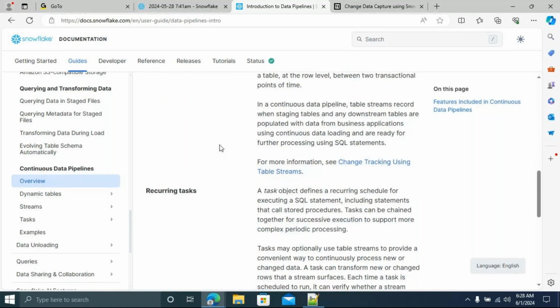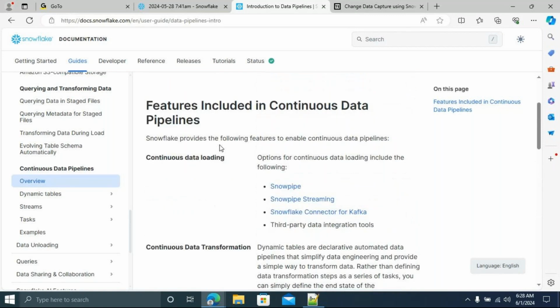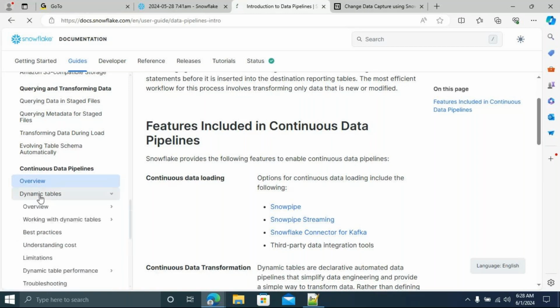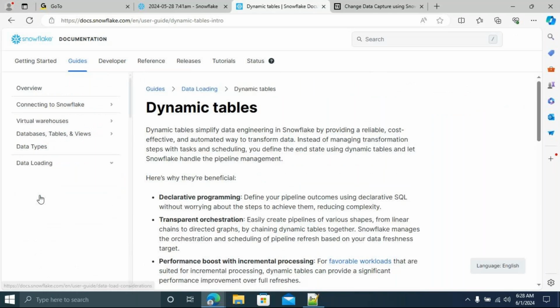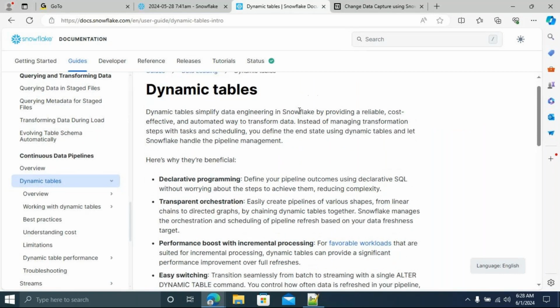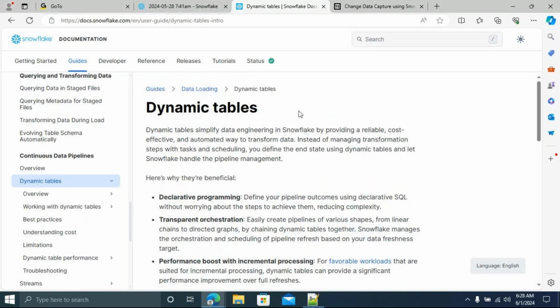Okay, now my focus is on the next one. I just gave an overview to you guys. Now I'm going to do the continuous data transformation using dynamic tables. I'm going to discuss a few things about dynamic tables. Dynamic tables are one of the most important features in continuous data transformation. It provides error free